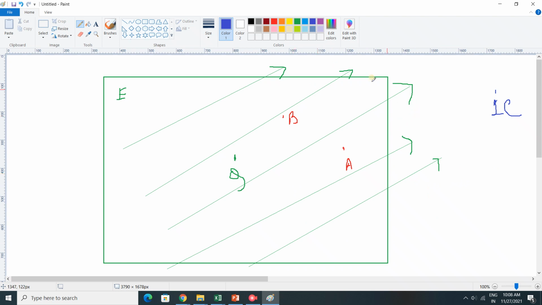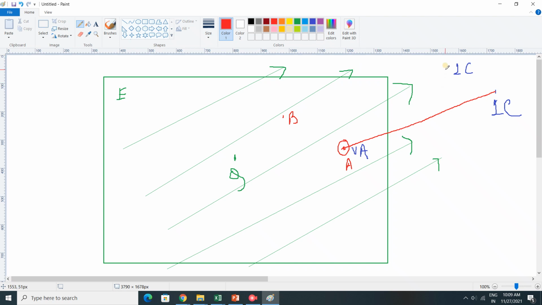Now there is a charge of 1 coulomb outside the field. Now I want to drag that 1 coulomb charge, and I want to bring it inside this particular field. So I want to bring it over here. If I bring it over here, then what will happen? I have to apply some work. So the work done to move a unit positive charge from infinity to a particular point is called the electric potential. That means potential at point A. So at this point we will have a VA.